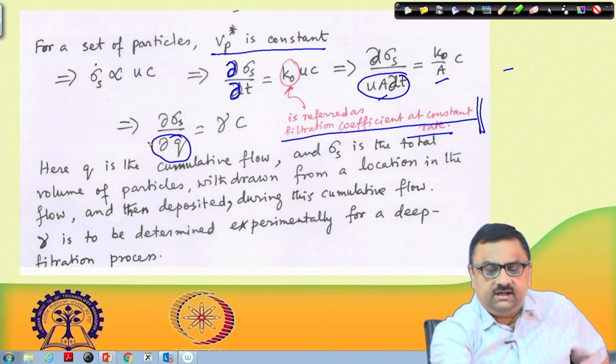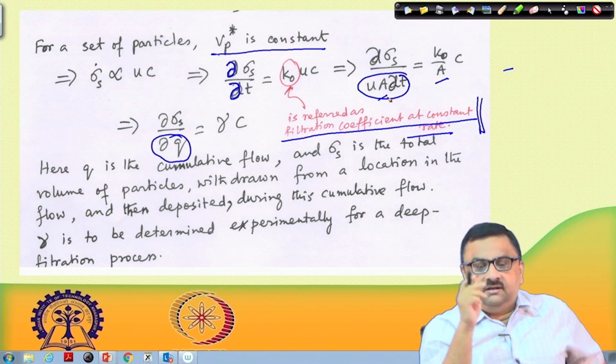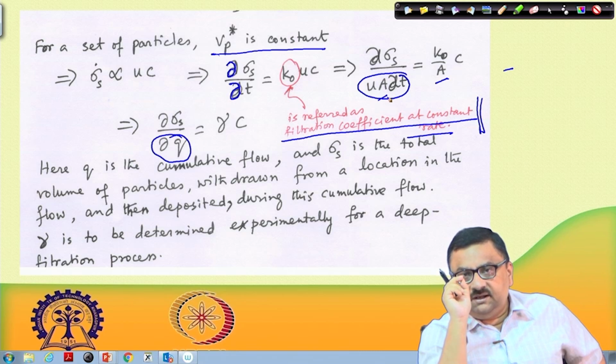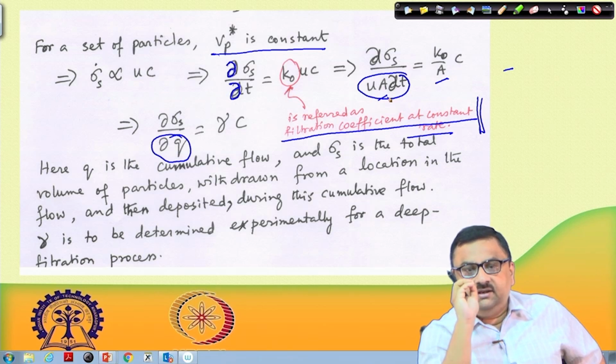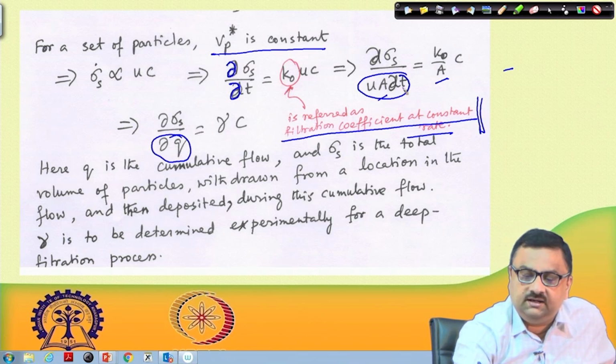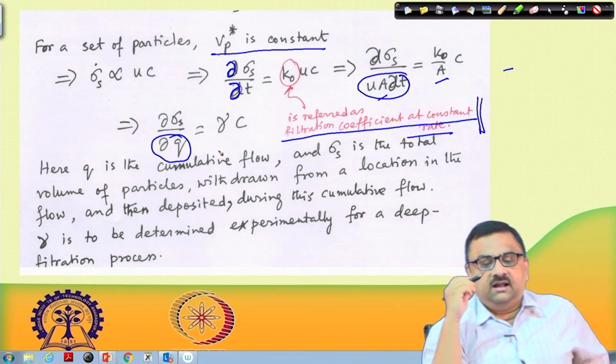So, U A delta T gives me the del Q, over duration del T, the volumetric cumulative flow that has taken place is del Q. It is not a flow rate, it is the flow over del T duration, del Q amount of flow, del Q meter cube of fluid has flown. So, now this becomes del Q. So, automatically, this K naught by A into C, instead of that we write this as gamma into C,